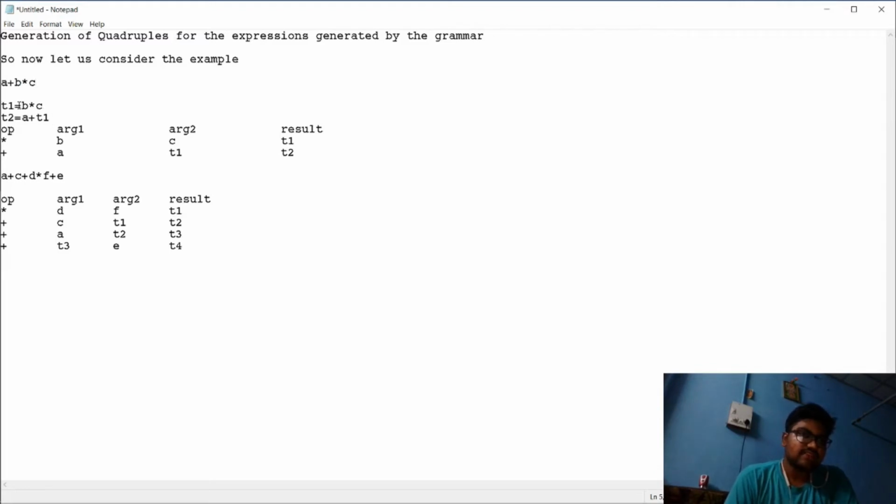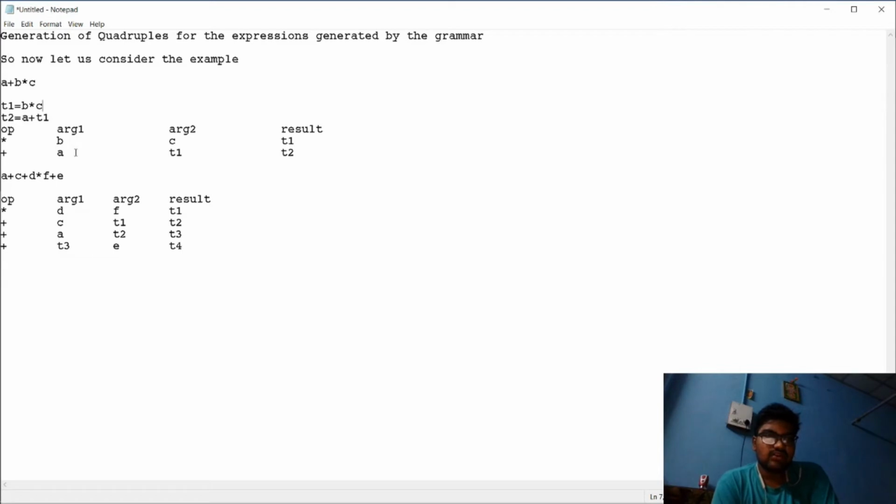The result of b into c is stored in t1, and then t1 is added to a, so t2 equals a plus t1. The quadruples formed here are: operator star, argument 1 is b, argument 2 is c, and the result is stored in t1. In the same way, operator is plus, argument 1 is a, and argument 2 is t1, the result of b star c. The result is stored in t2.